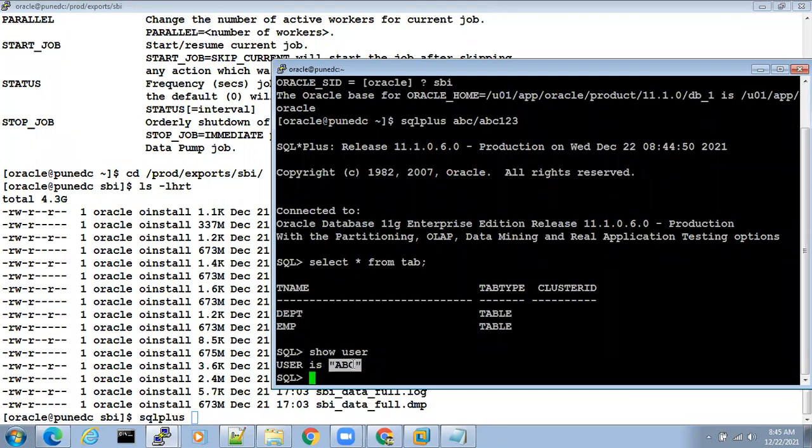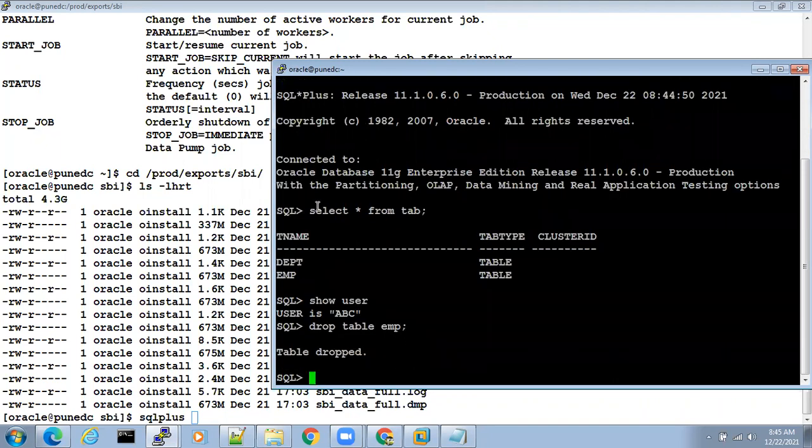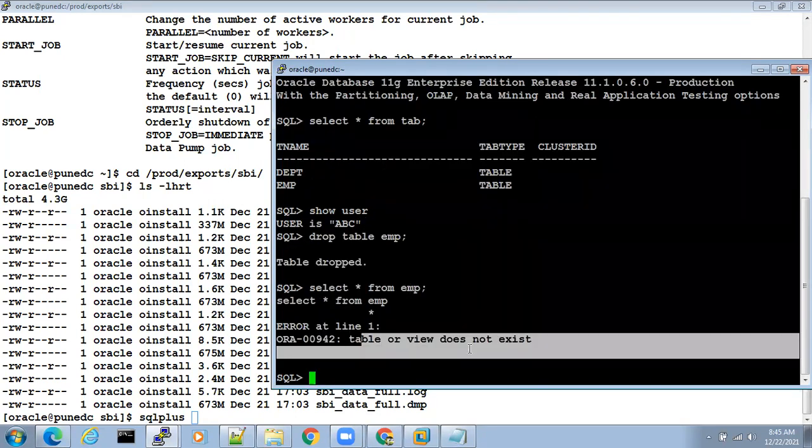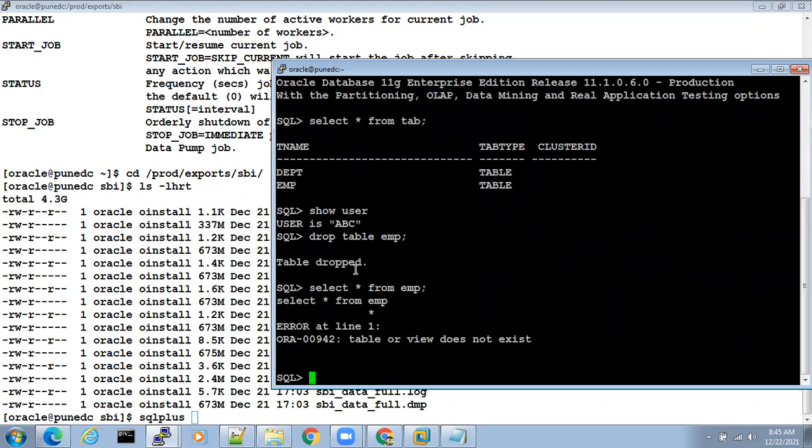ABC user actually has to drop the department table, but ABC user is dropping the employee table. For example, drop table EMP. Okay, the table is dropped now. If you say select star from EMP, table or view does not exist. Now the table is not there. Table is dropped.